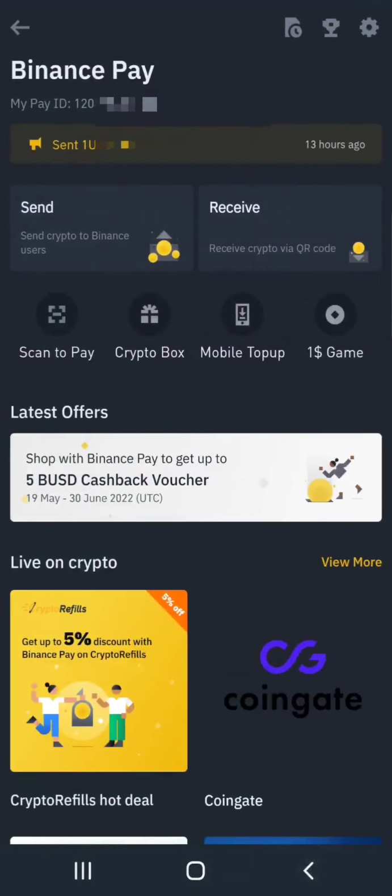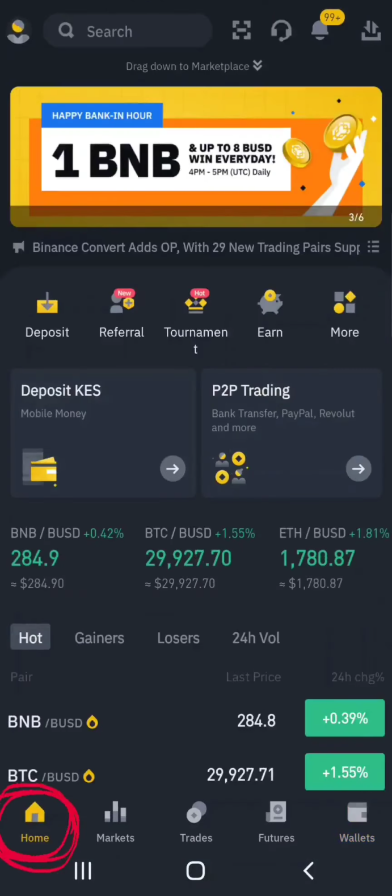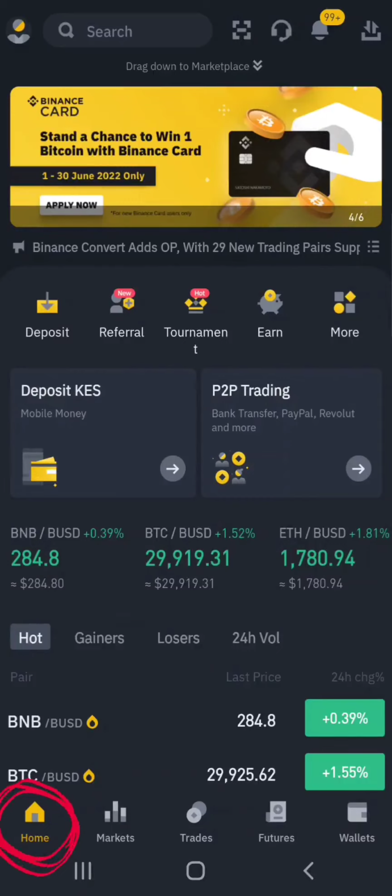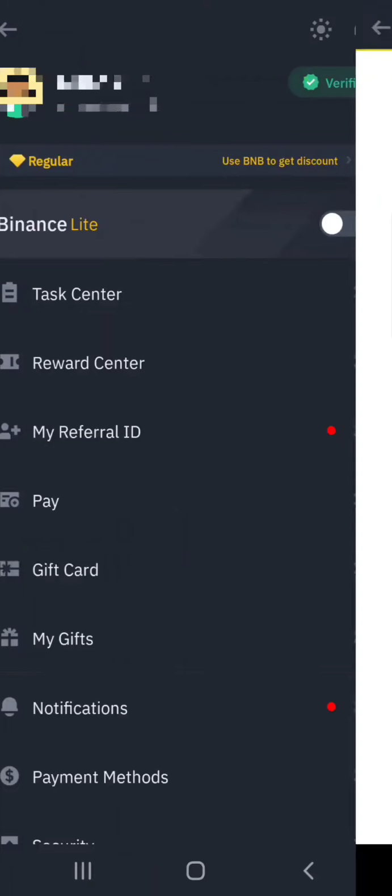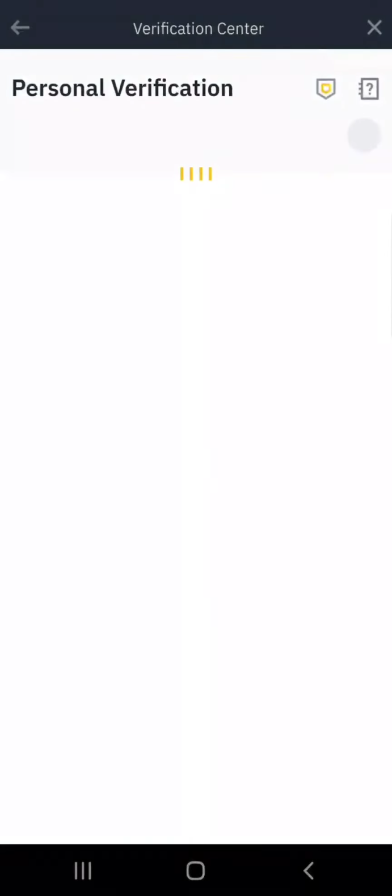So when it comes to the verification of an account, just come back and tap on home. At the profile avatar, click on that. Then where you see verified, just tap on that. So you will see that there are 2 forms of verification. Okay? So the first form of verification